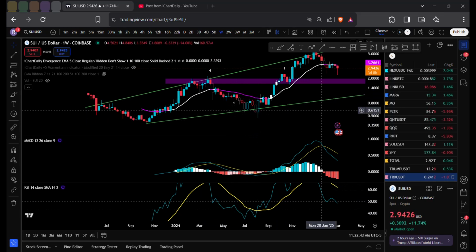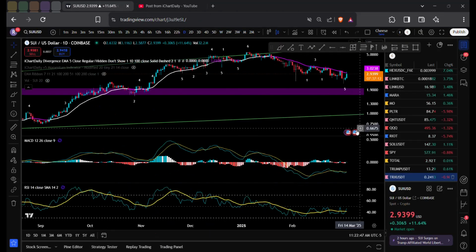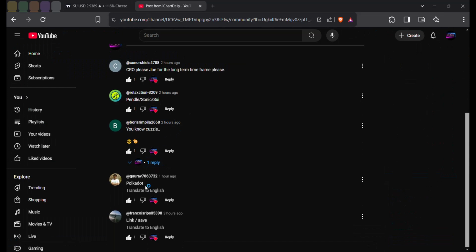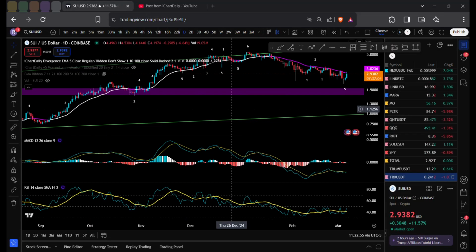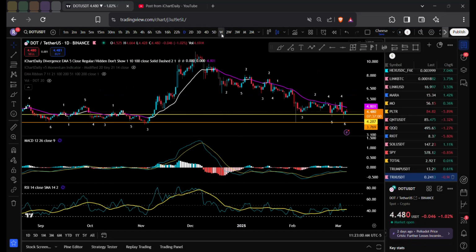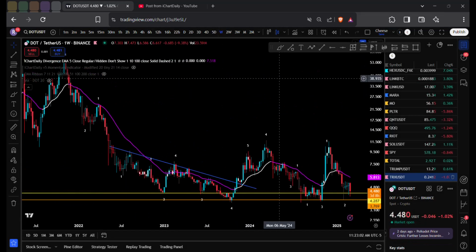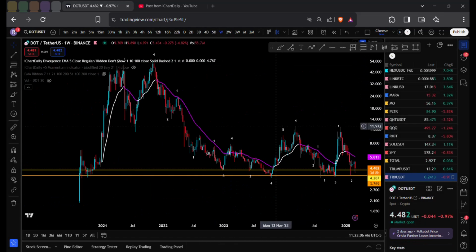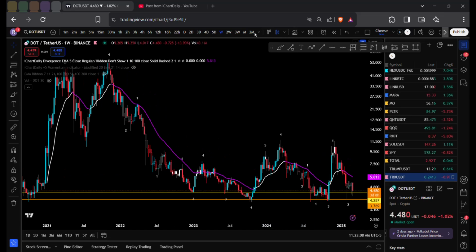So yeah, next one, short term, I don't even remember if I did it. Yeah, short term, we're waiting for the higher low situation. So XRP, I'm not going to do, we just did that one. Polka dot, that's DOT if I'm correct. Yep. Polka dot, I mean, I love when I check a chart that I haven't checked in a very long time, and it's literally at support.